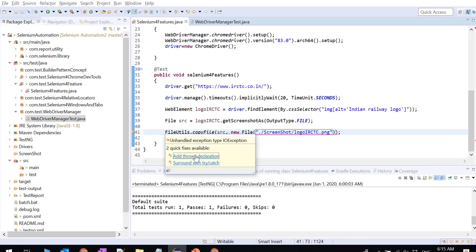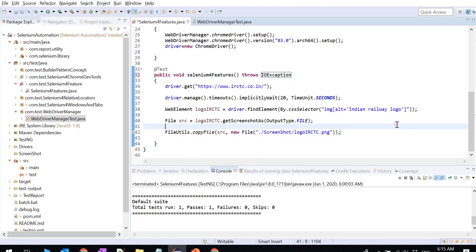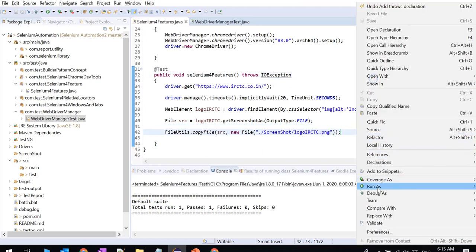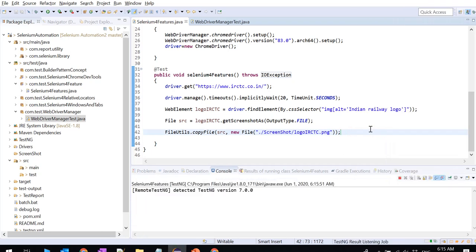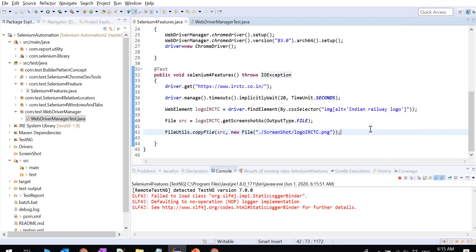You have to write this inside a try-catch block. Now my code is ready. Let me execute it and see what happens. Now the browser is going to open.